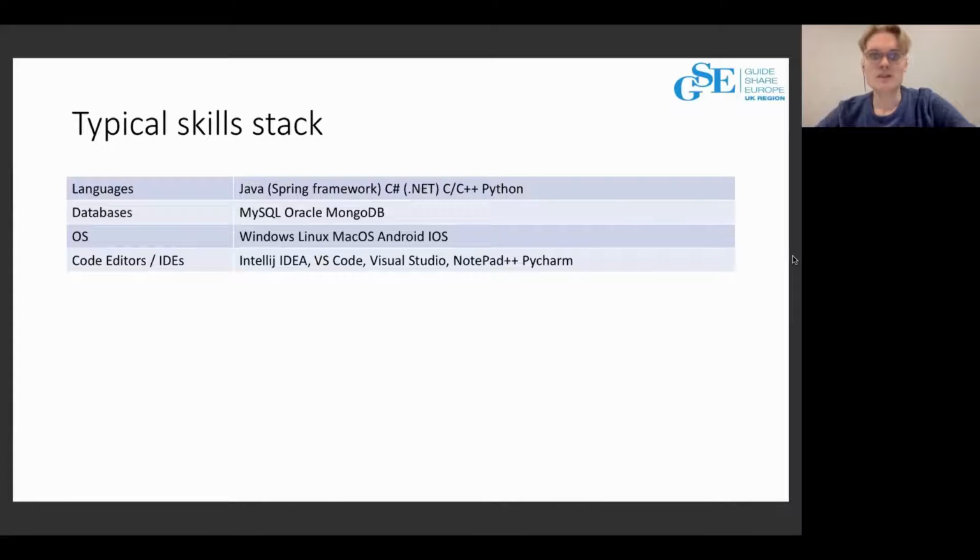He has a little experience in Windows, Linux, macOS, Android and iOS, and can probably write some basic batch scripts on these operating systems. For all of this, he would probably use IntelliJ IDEA as an IDE, and other IDEs and code editors: VS Code, Visual Studio, Notepad++ and PyCharm.